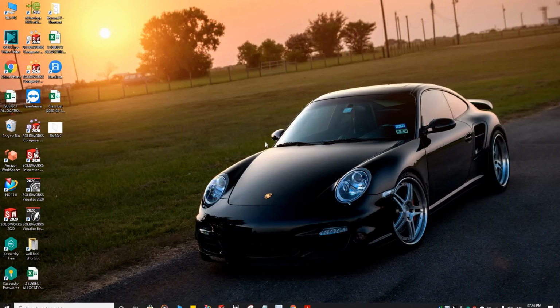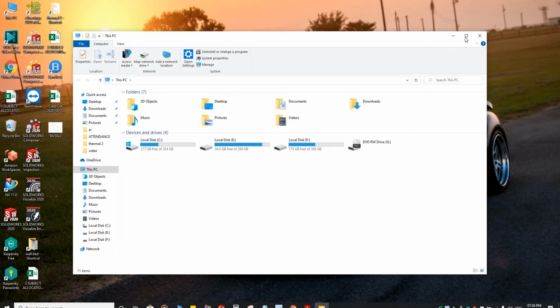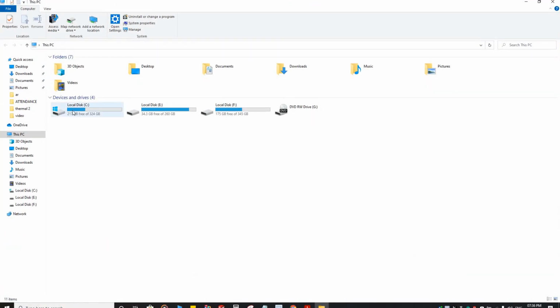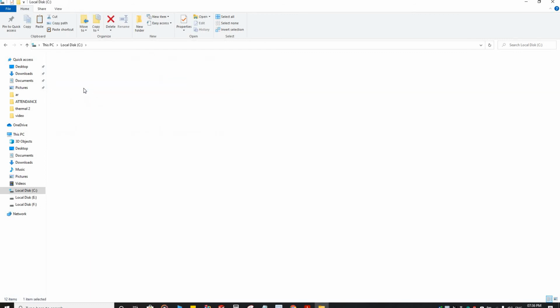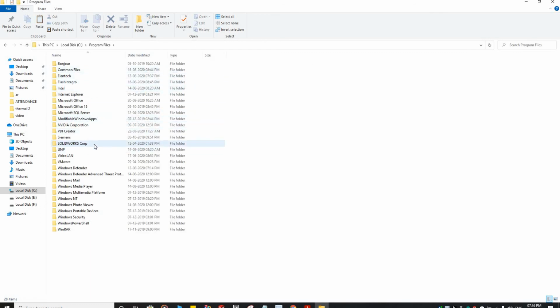Then minimize the SolidWorks. Now you should know where the weldment profile is saved. If you install SolidWorks normally, it will be saved in the C drive. I show this. Open the local disk C, then open the program files folder, then open SolidWorks Corp. In program files, you see the SolidWorks Corp folder.